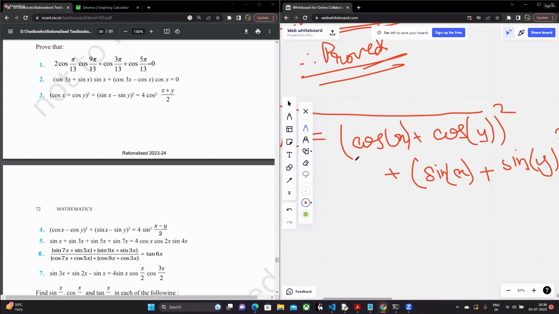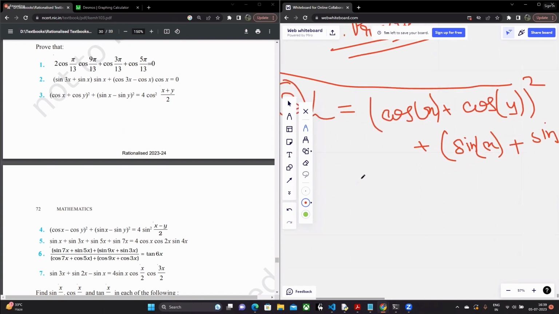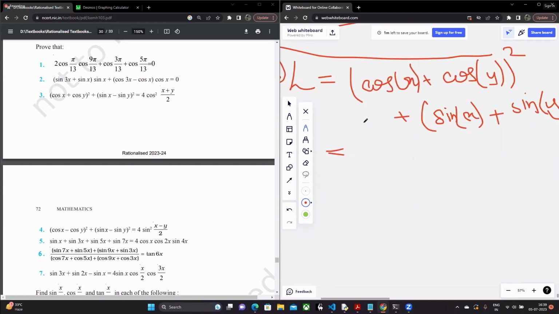Because if you expand it out, you will get a plus 2 cos x cos y and a plus 2 sin x sin y terms. That'll actually throw you off. Yeah, only when one is 90 and the other is, yeah. I mean, even then, whatever. So, yeah. My ramblings aside,